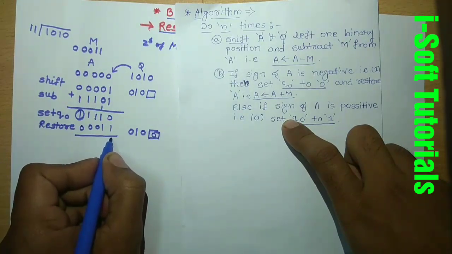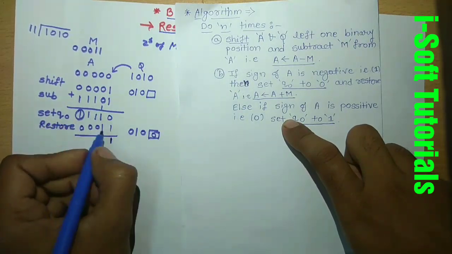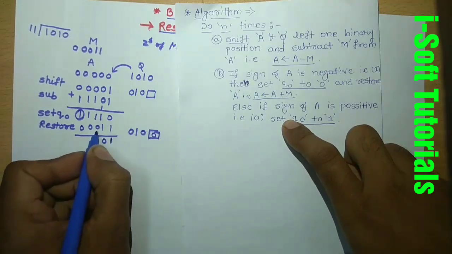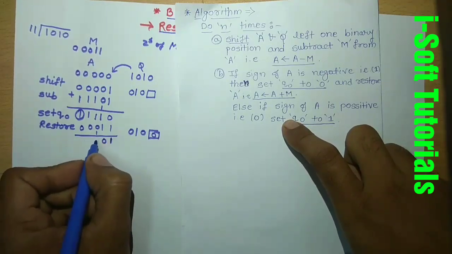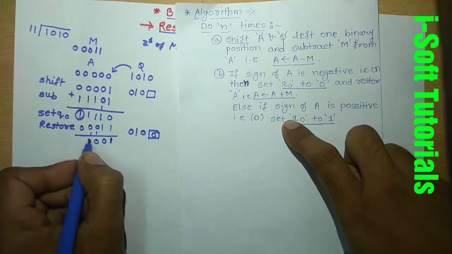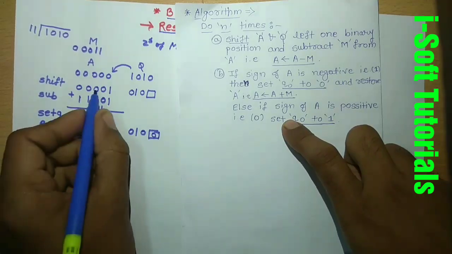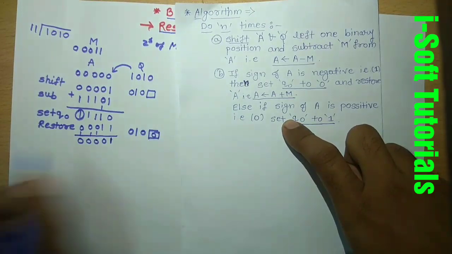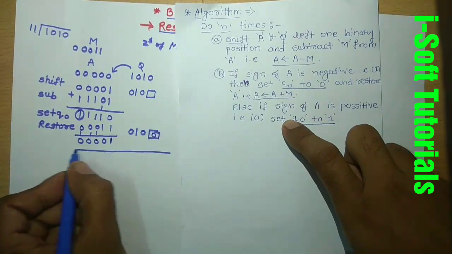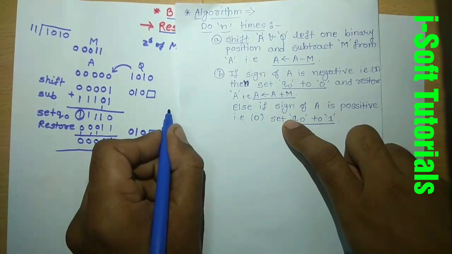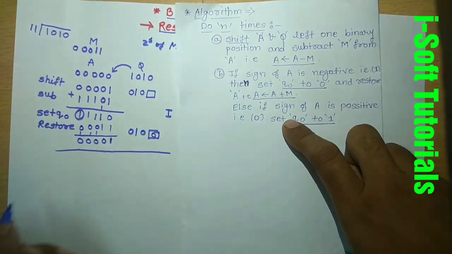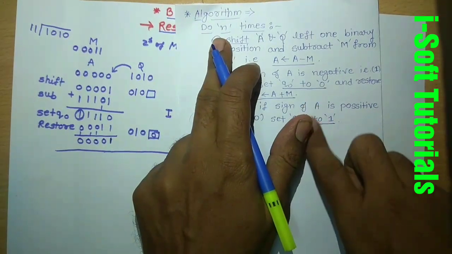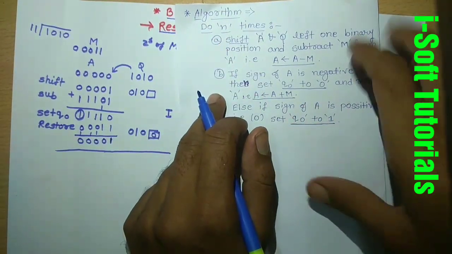So as we are getting this result, 1 0 carry 1, so 0 carry 1, 0 carry 1, 0. Same result we got. And here 0 1 0 0. So we have completed the first step. This we have to repeat n number of times. I will write here first step for first cycle. Then again we will repeat this n number of times, step A and step B.